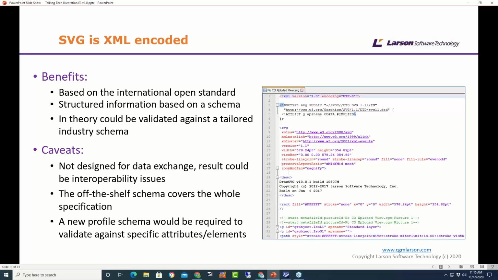As I said, my main caveat is data exchange and interoperability is not one of its strong points. In other words, if you export out as an SVG, bringing it back in can cause issues. We did some work with Adobe Illustrator, and it can export an SVG, but try bringing it back in, opening it, and you can get a completely different result from what you exported. So that's why we wanted, certainly within our own software, to come up with a profile for it, which we then could standardize on, so we could round trip SVGs within our own environment.